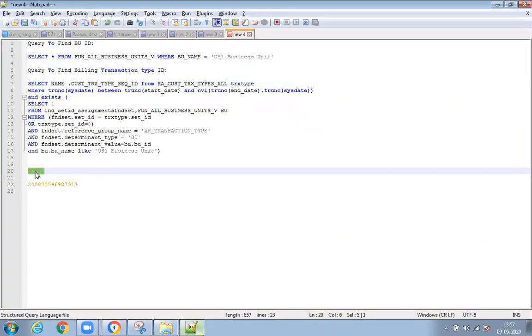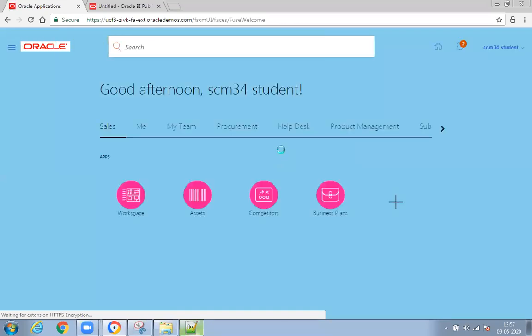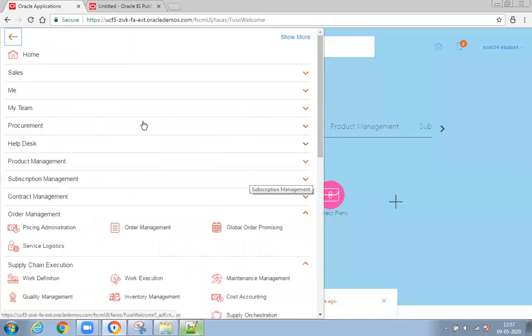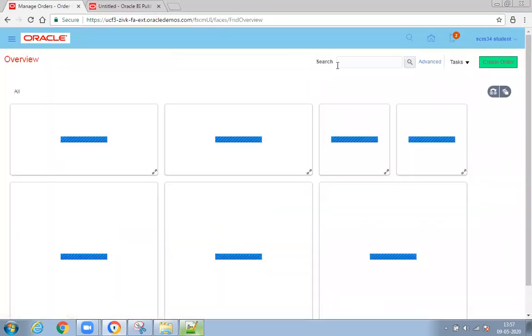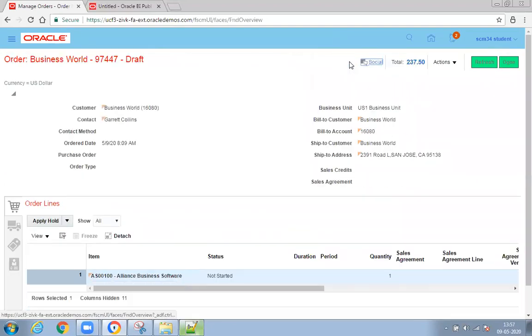So this is the order. Order management. Anyway, we already tested. If you create a new order, your pre-transformation rule will execute. Now let me copy.